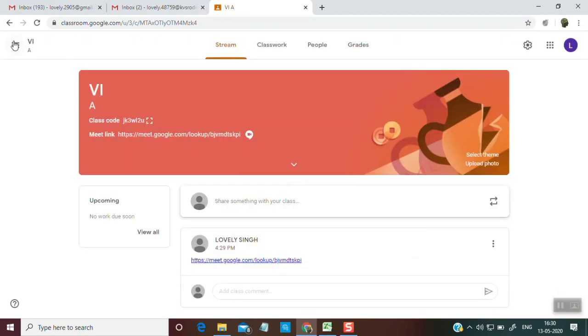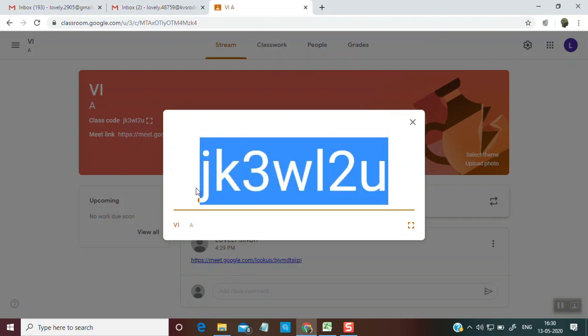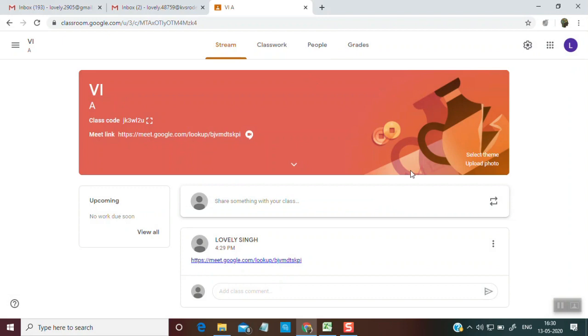You can just close this, and this is the code. If you want to see the code in larger form, you can click on this square kind of button and then copy it from here and send it to the respective class. But it will be better if you invite the students through their mail IDs, so that they only join through the valid ID given from Aro. Thank you.